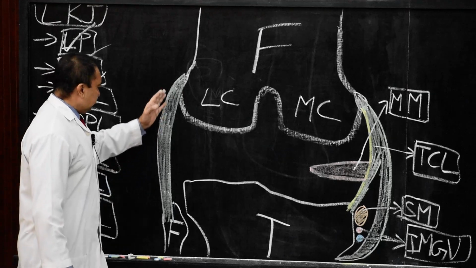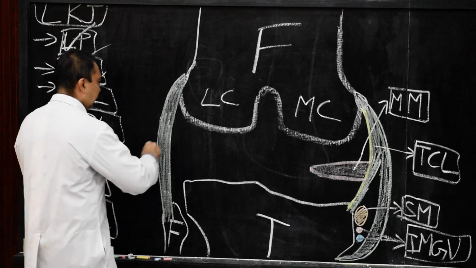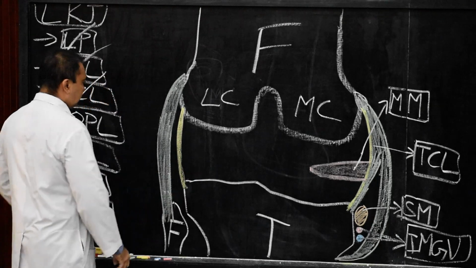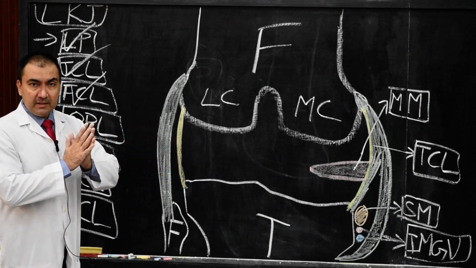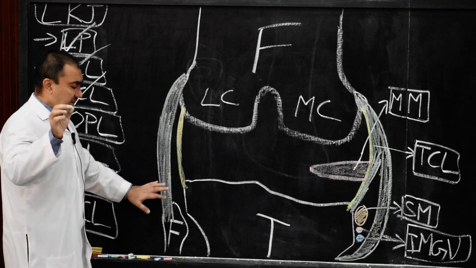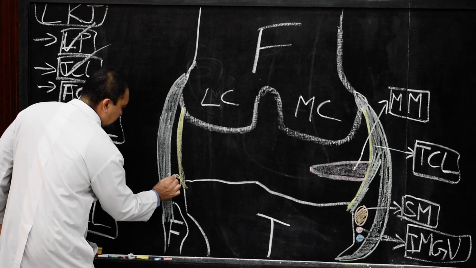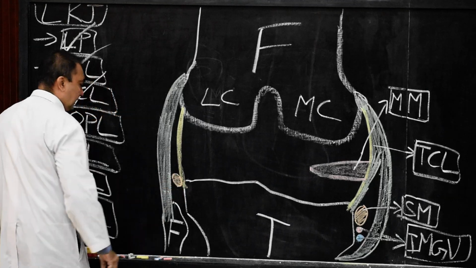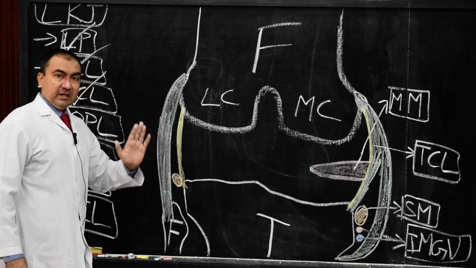The next important point is that this fibular collateral ligament is not attached to the capsule. If I draw the capsule on this side, the capsule will be in this way. So there will be a space between the fibular collateral ligament and the capsule. It will not be adherent to the capsule. And naturally this space is occupied by one tendon, that of the popliteus muscle. Here I am going to draw the cross section of the tendon of popliteus muscle, which will be present between the capsule deep inside and covered by fibular collateral ligament.